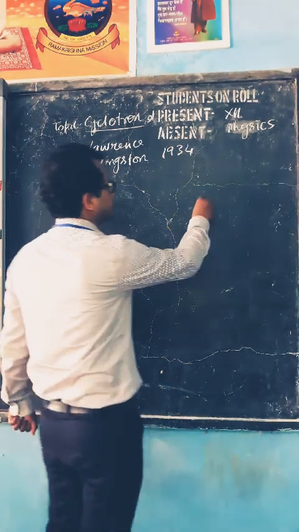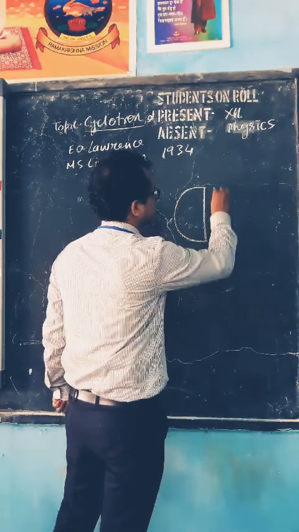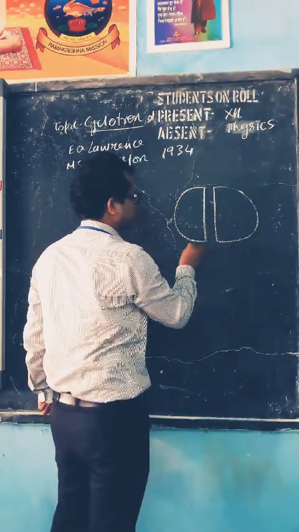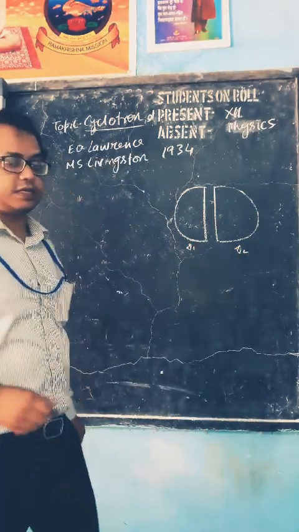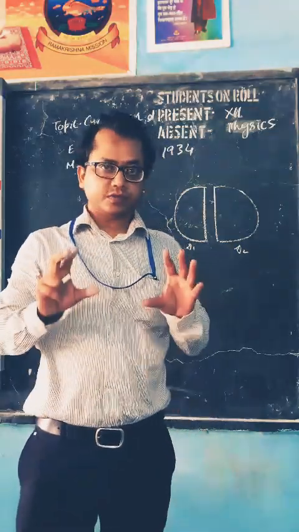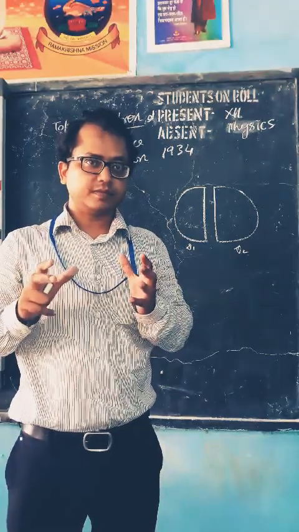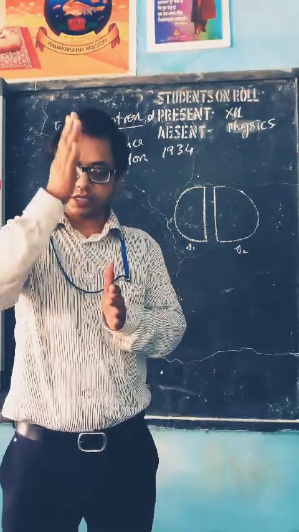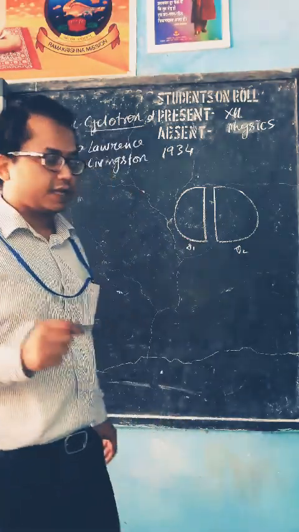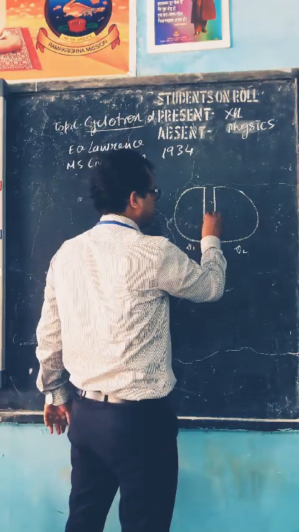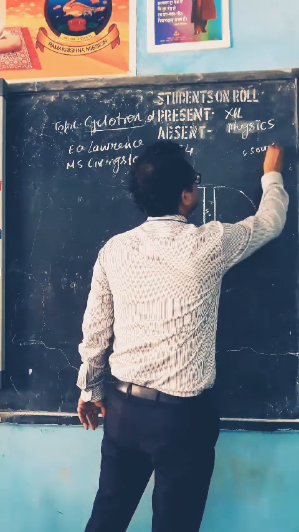It consists of two Ds. Let us suppose that this D is D1 and this is D2. What are these? It is just like you take a circular tiffin box which is hollow from within. You cut it into two parts and keep it like this. So this will act like the Ds. At the center of the Ds, we have S, which is your source.